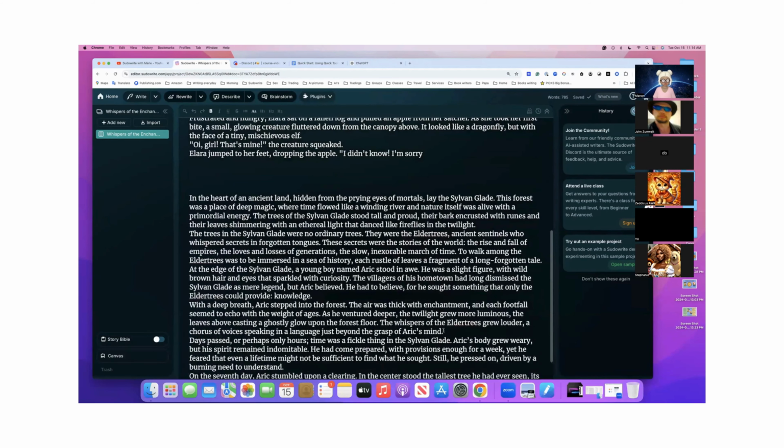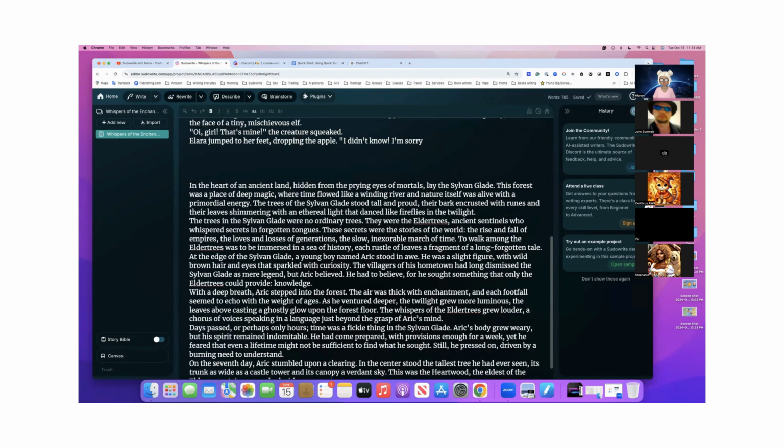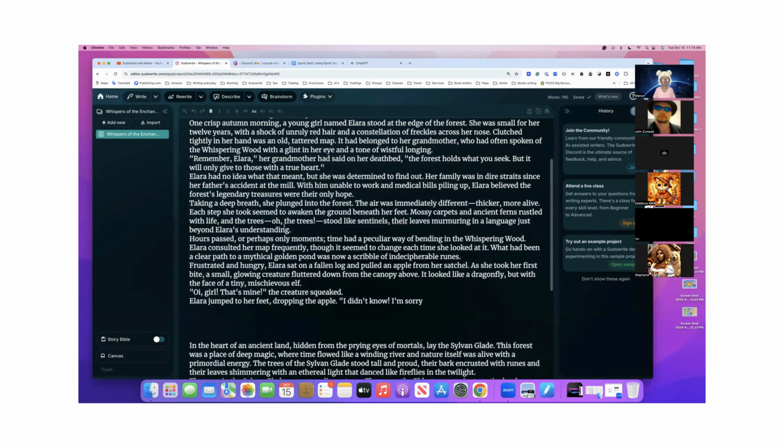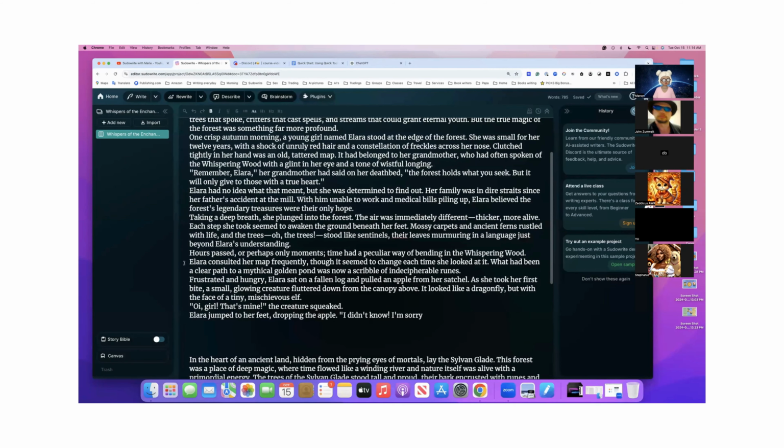in the heart of an ancient land, hidden from prying eyes. I really like the start of this one. It has more information: the trees' names, the runes. It gives me more. So we have someone here, Eric, with a deep breath, Eric stepped through. So we have people in that story compared to the basic one, which just talks about